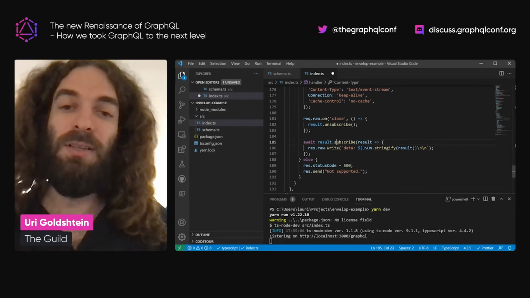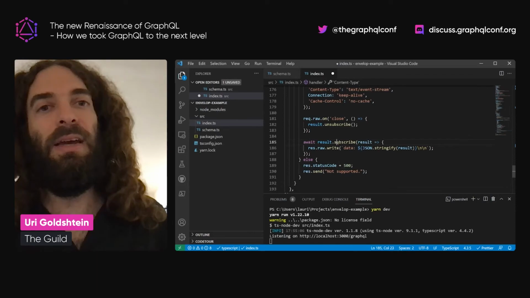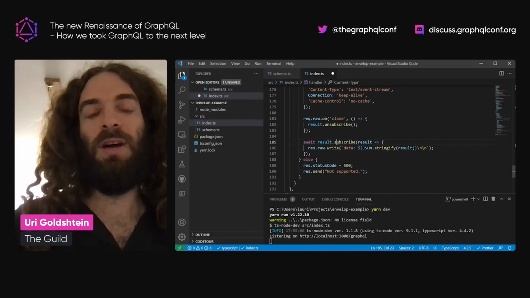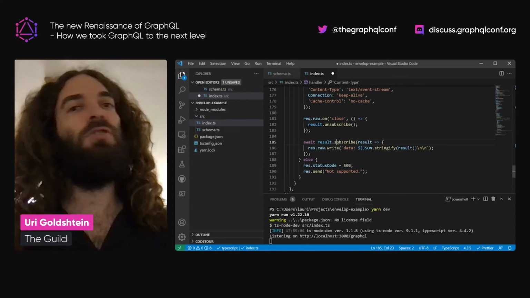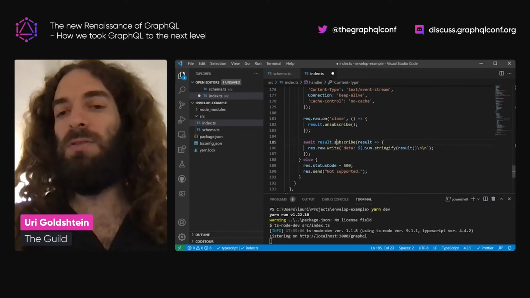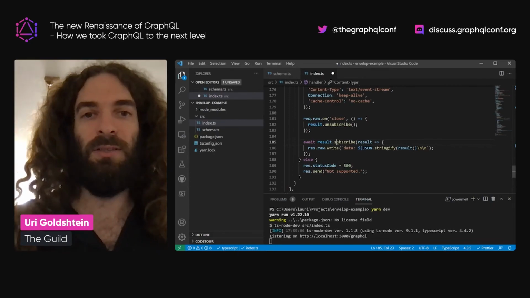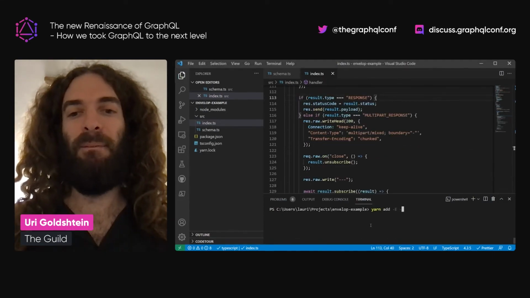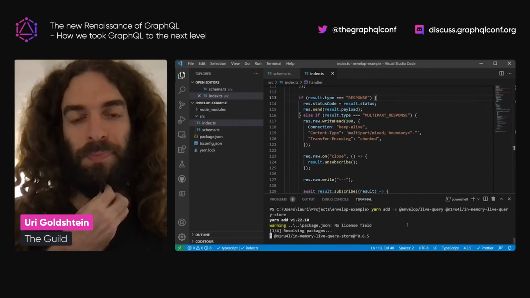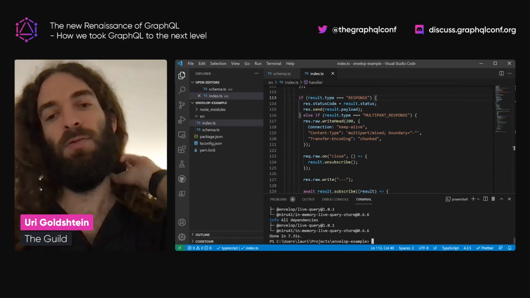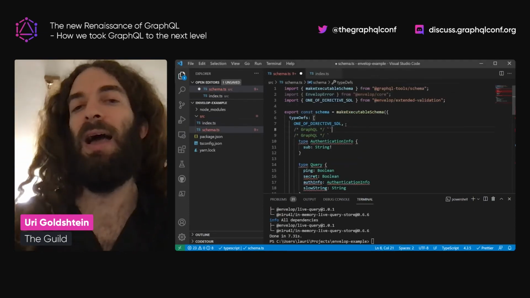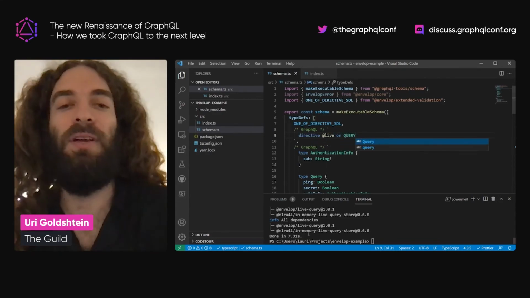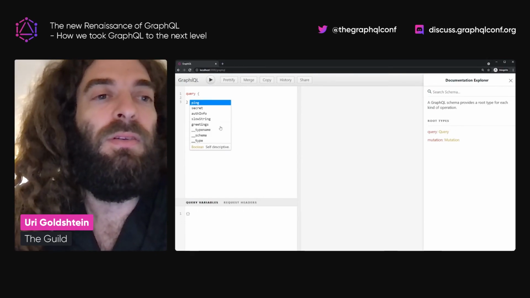And all of these things, including live queries, we use in production, and it's very hard to explain how powerful those features are. They always used to be features from the future that you could never use, and we use them every day thanks to Envelope and GraphQL Helix. So what you see here is that we added this into GraphQL Helix in our server, and then we add the live directive, because GraphQL doesn't know about live query yet.